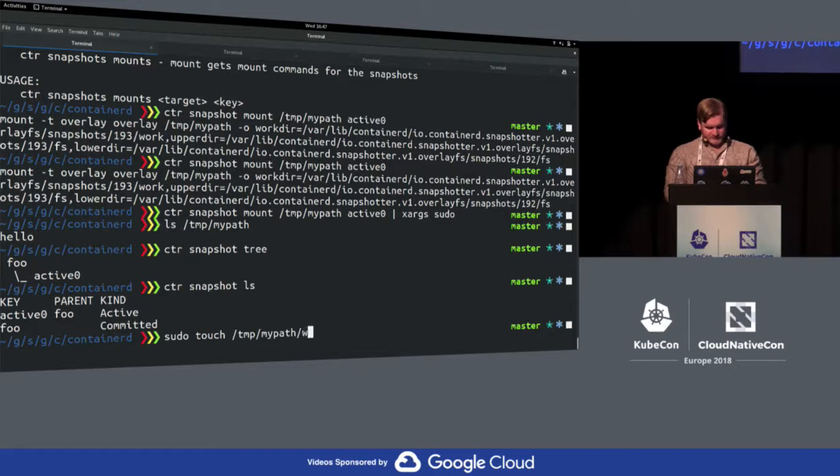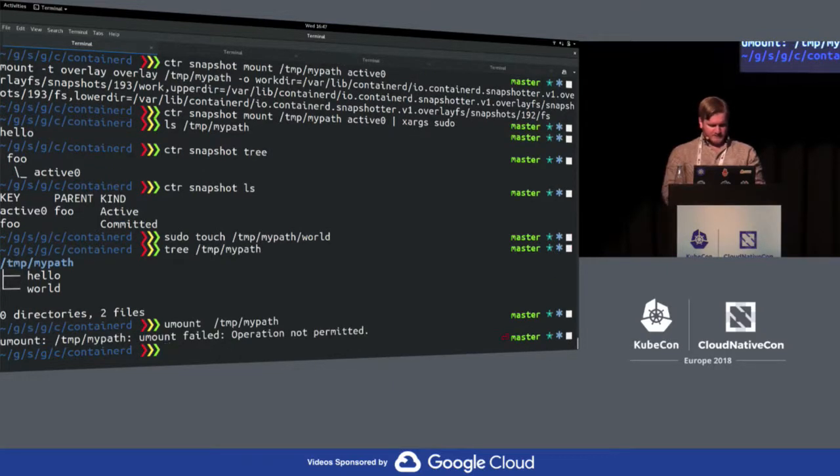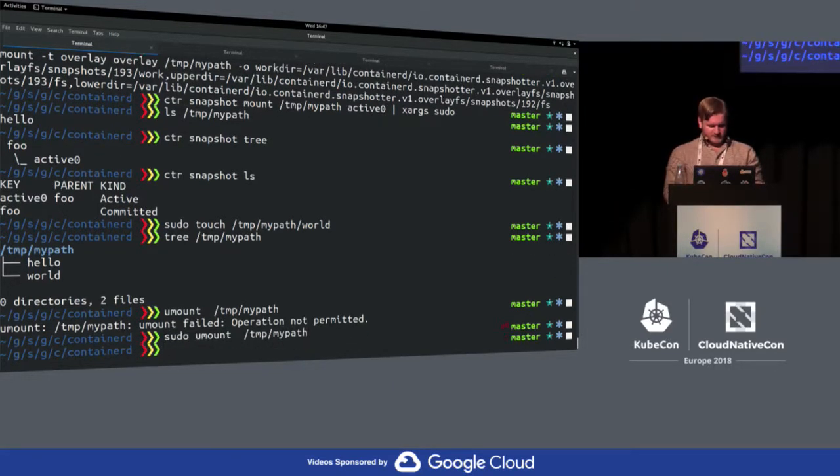We're going to touch world this time, and then we should see tree, my path, and then we got hello and world. We can go ahead and unmount that, and temp my path. Whoops, yeah, we have to tell it to do it harder than that, and then we can do a commit. So ctr snapshot commit,